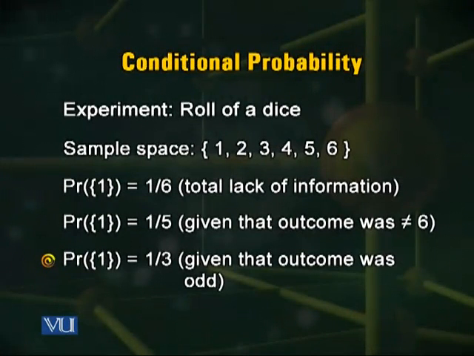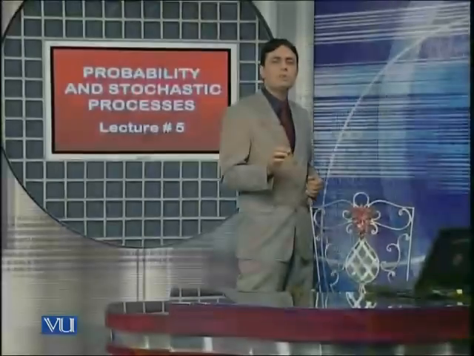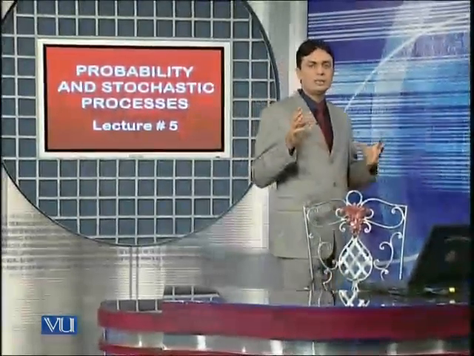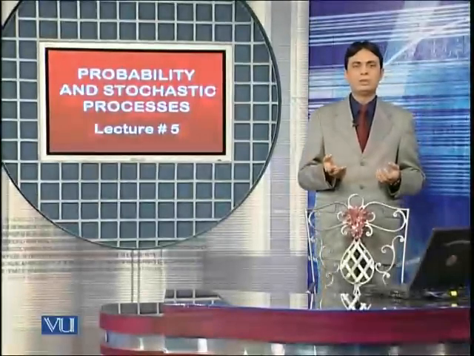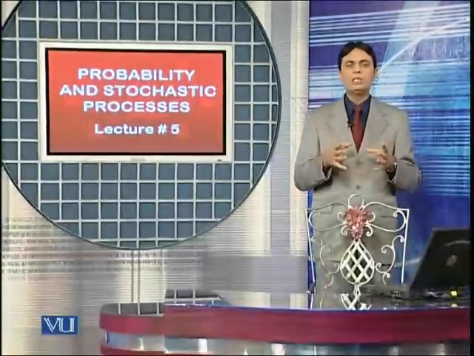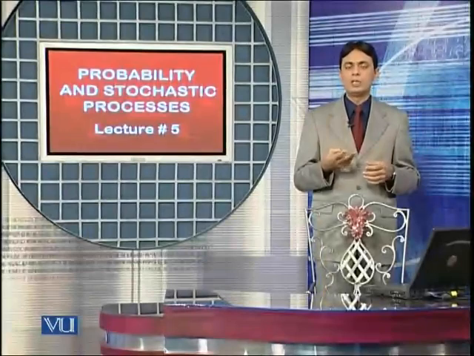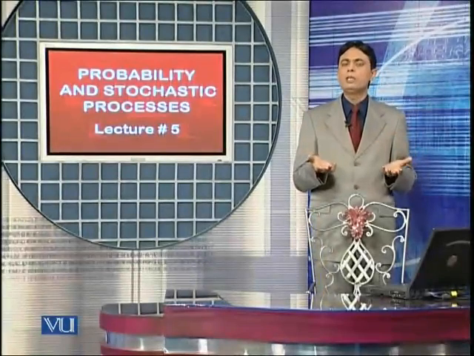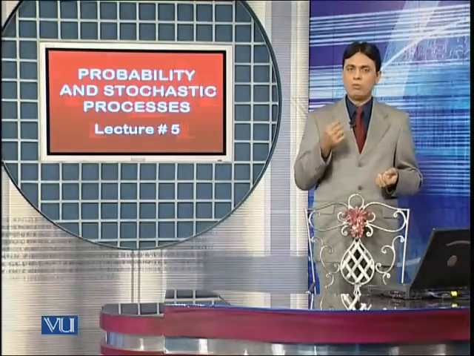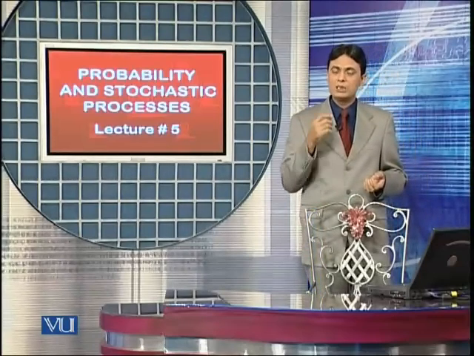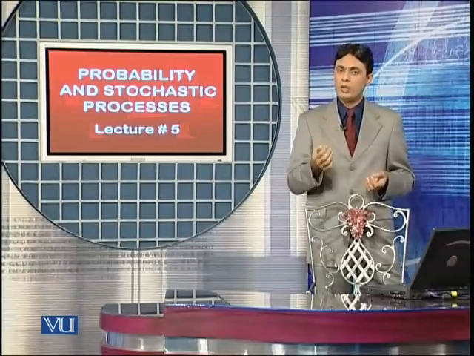In that case, the probability of the outcome being 1 is 1 over 3. Why? Because this new information tells that the outcome can be either 1, 3, or 5. And the new restricted sample space has just 3 outcomes, and to you, all should be equally likely. So in this case, the probability of 1, given this information that the outcome is an odd number, is 1